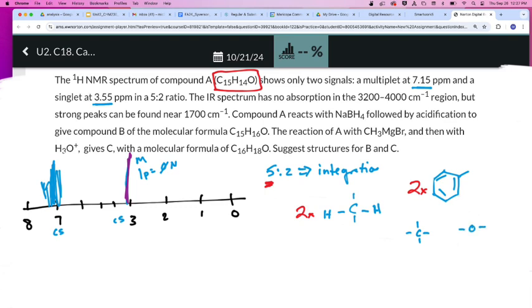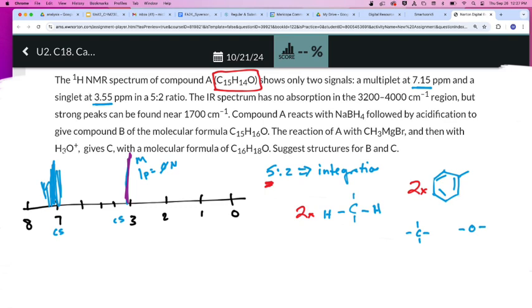Okay, and there's an interesting point. These are not saying they're sigma bonds. I'm just saying I have to have that many bonds for each of those atoms. Okay, it could mean I have multiple bonds. I could have double bonds. The HNMR doesn't give me any information to say anything about that,